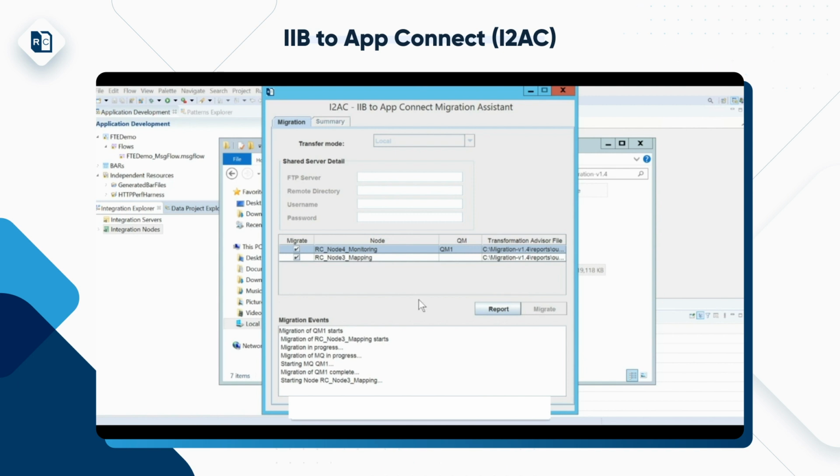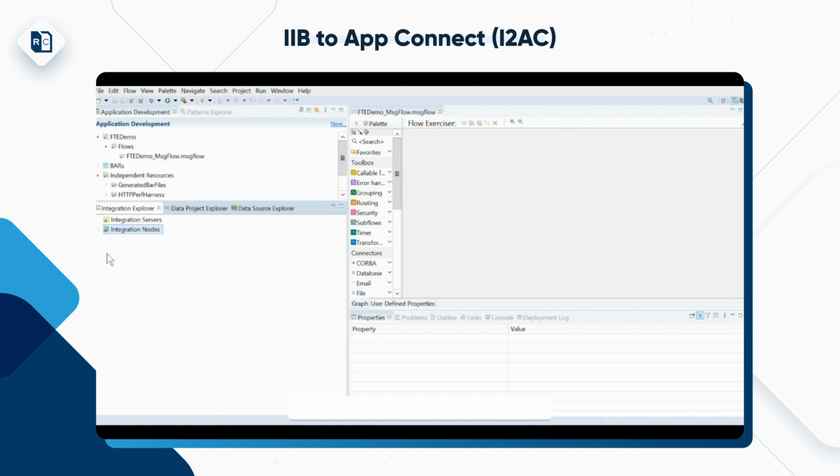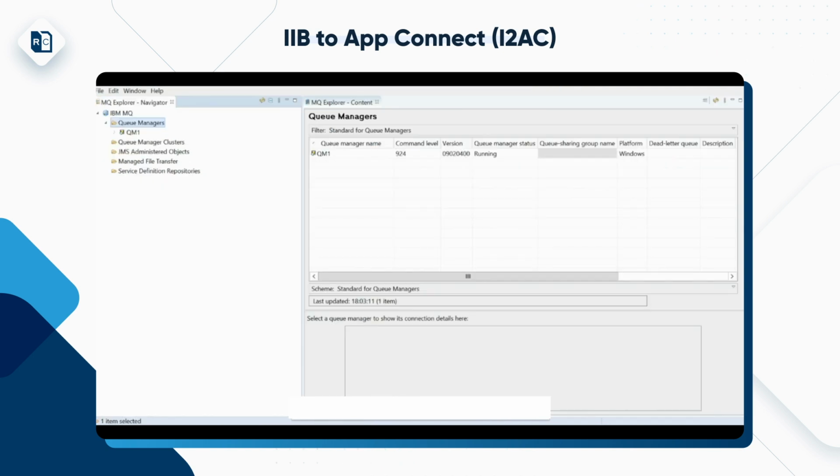So we need to, it will take a minute, and meanwhile I'll go and check here in the app toolkit if anything is there. So one node is already here, and the other one is still in my, so it's going to start node 3, and once that will be started, so I think the queue manager is already there, so let us go there.